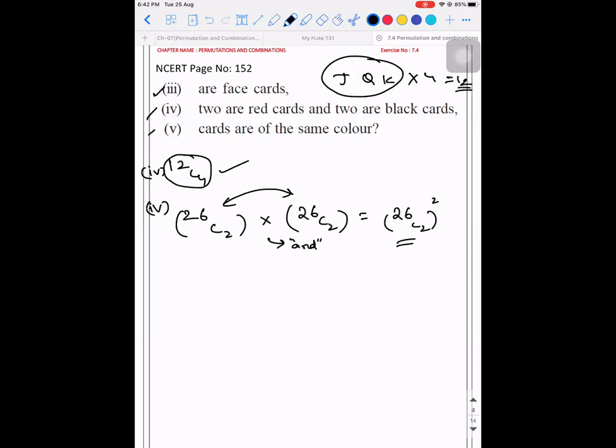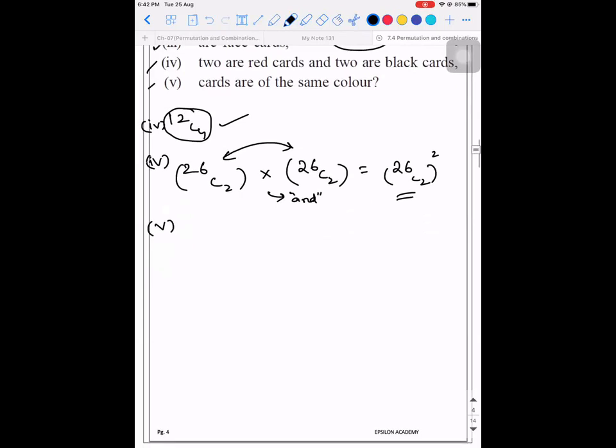See, this is where you need to be careful. Okay. How many cards are there of the same color? Sir, 4, sir. 26C4, sir. No, no. You have to read this question as a separate question. Out of the 52 cards, how many cards are of the same color? 26, sir. 52C26. So 26 cards will be of the same color.